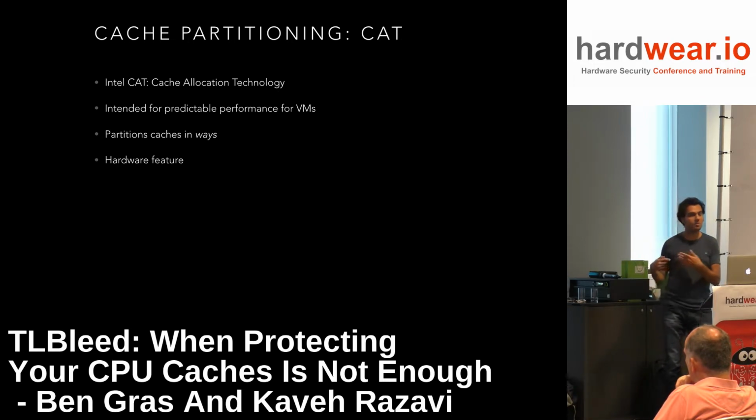And if your CPU has this support, you could use it to do partitioning of your cache. This was originally introduced by Intel so that you could provide quality of service to your virtual machines in the cloud. If you run virtual machines, one virtual machine could occupy the entire cache and get all the performance, and the other virtual machine would have very little, bad performance, right? You don't want this to happen. Intel came up with this technology to statically partition your cache so that this wouldn't happen.